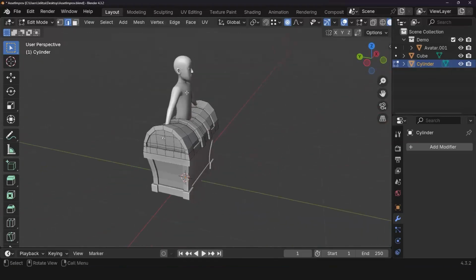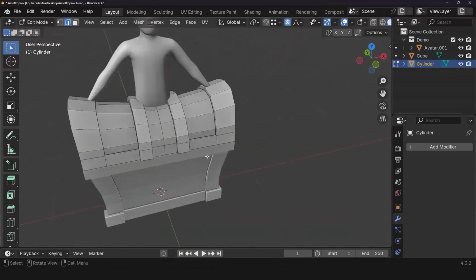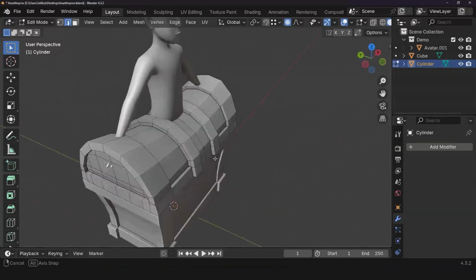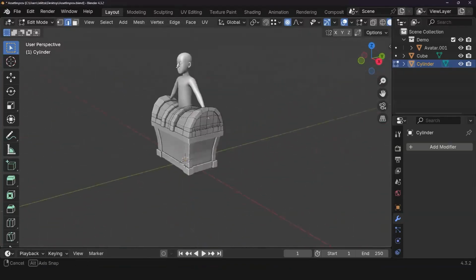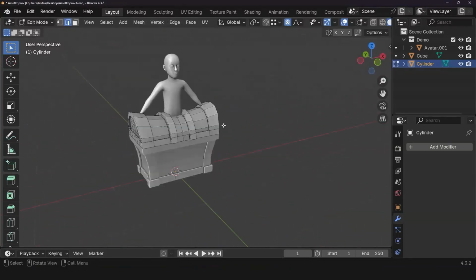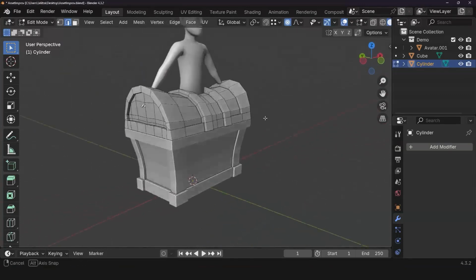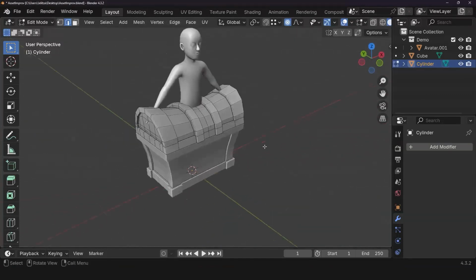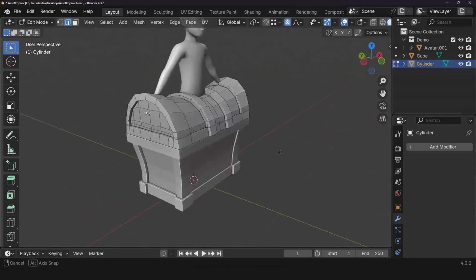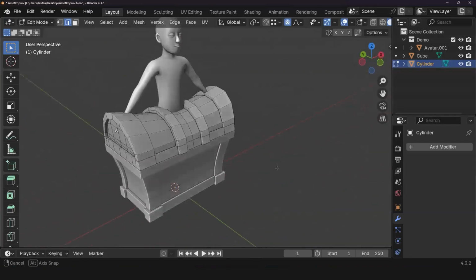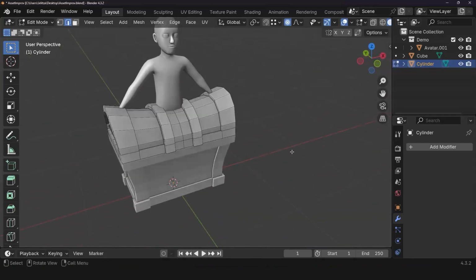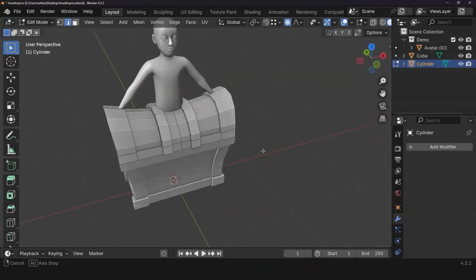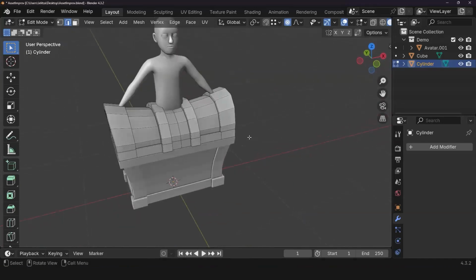I usually like to keep one of these around just so I can understand the space, right? And this is a good indicator of that. And I'll absolutely send this to you guys afterwards, after I'm done modeling this guy, so you can texture it, make it your own, really study it.